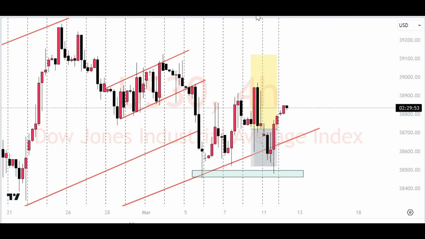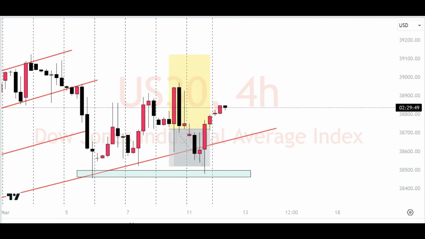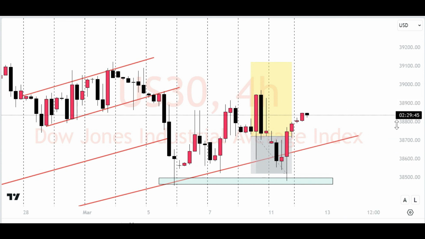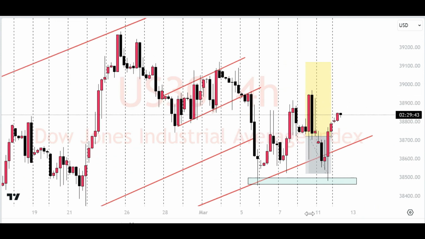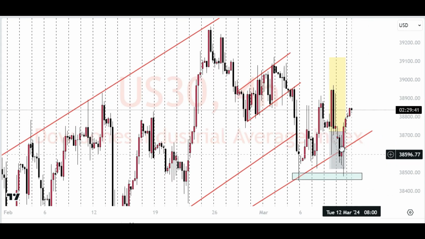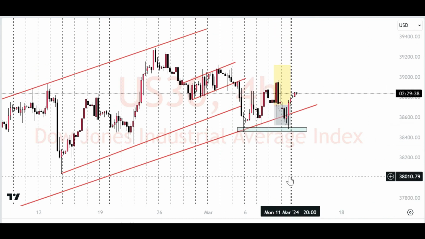Another thing that you should remember, guys, is that the market is never perfect. The market will never be perfect. So since that is happening, and this is another example of the market creating a fake out and then going back into